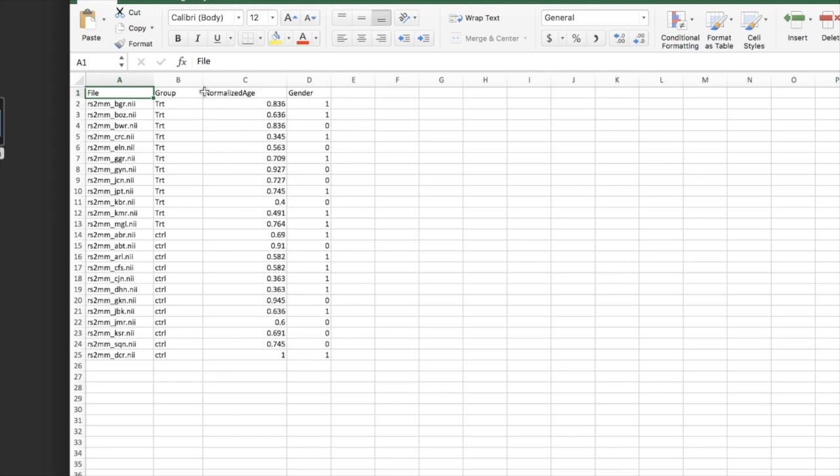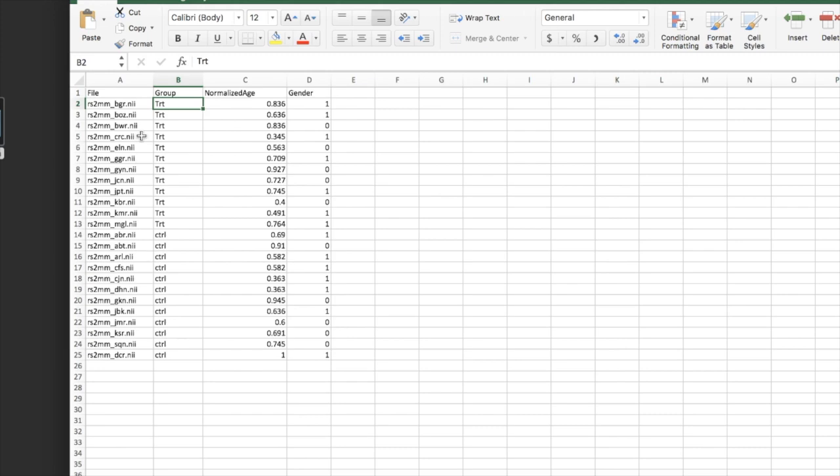The remaining columns are essentially the design matrix. So we have in the first row the name of each of the covariates, and then in the remaining rows we have the settings for each subject. For example, we can see our first column corresponds to our first covariate, which is the treatment group. And the first half of the subjects are in the treatment group, and the second half of the subjects are